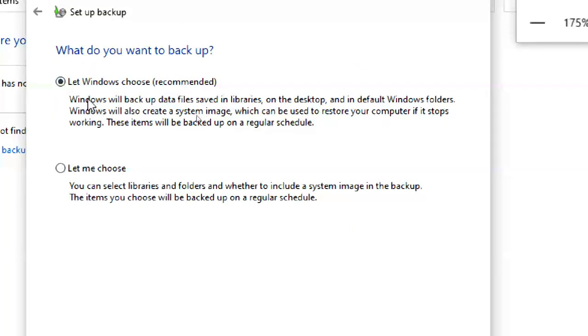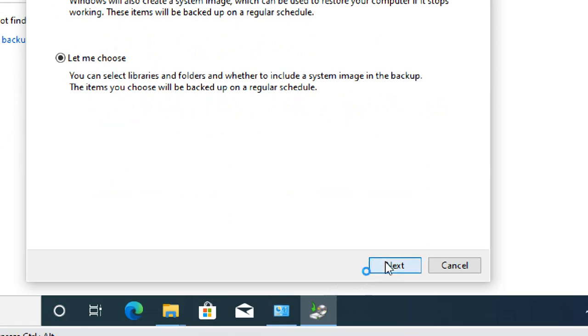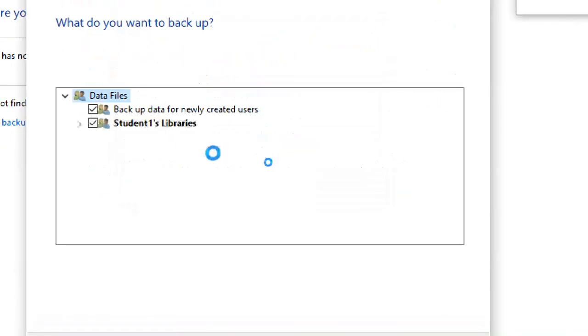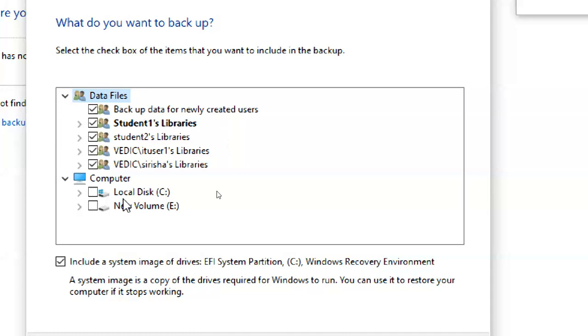Next, it is asking to let Windows choose. If you say let Windows choose, all profiles, libraries, system folders, everything will come into your backup. No, I want to choose myself, so let me choose. Now it automatically check-marks so many things.